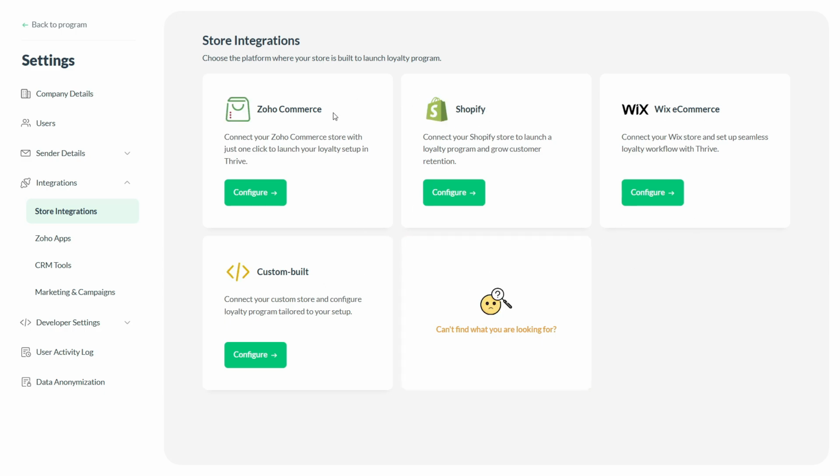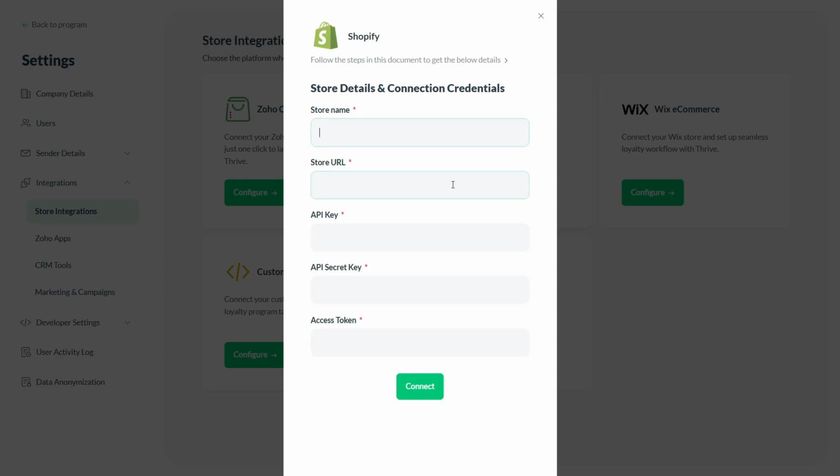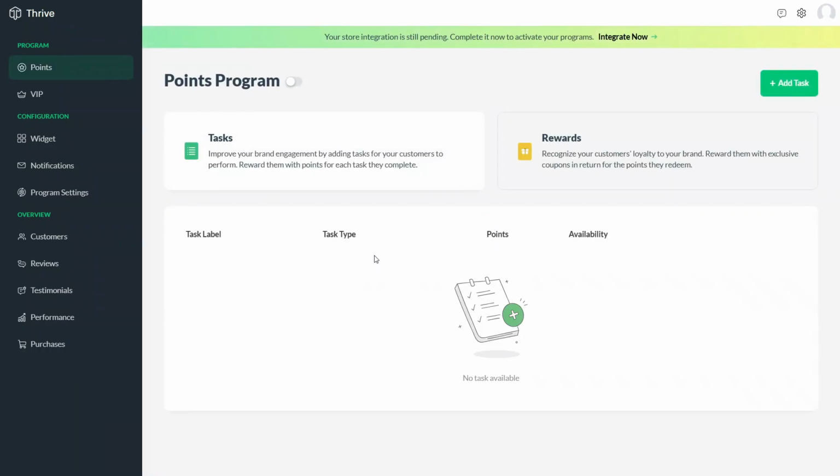If your store runs on Zoho Commerce, Shopify, Wix e-commerce, or a custom-built store, you can integrate it directly. For example, if you're using Shopify, log into your Shopify account and you will be asked to enter your store URL, API key, API secret key, and access tokens. If you don't have these credentials yet, no worries. You can always return to this step later. Without the store integration, you won't be able to activate the points program, but you can still explore other features